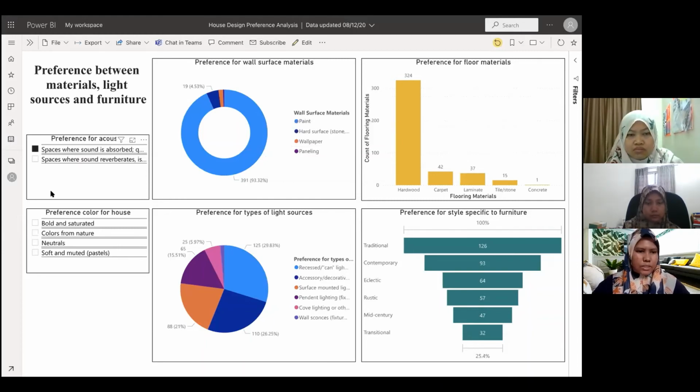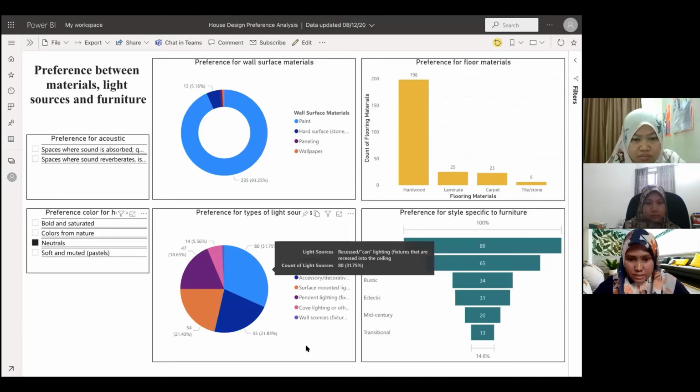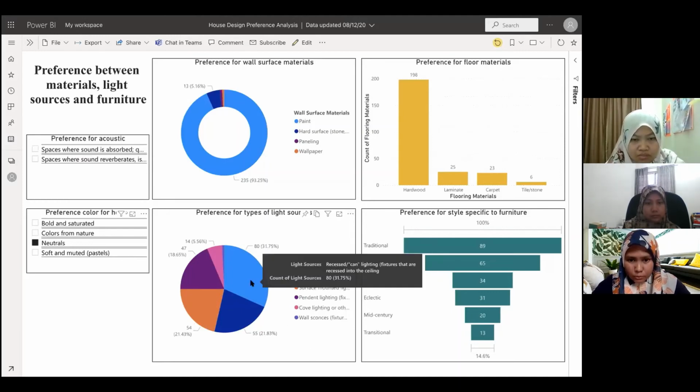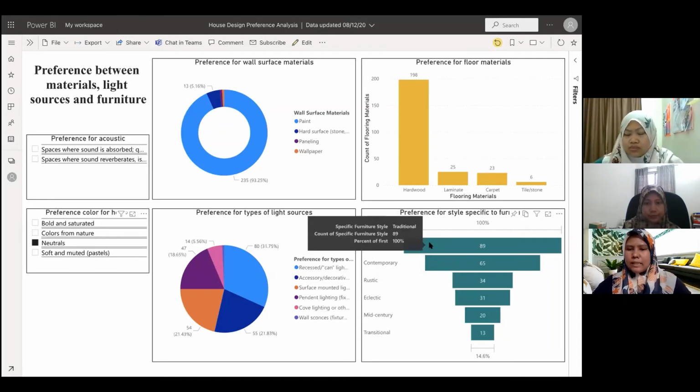For a neutral color, the most preferred type of light source is recessed can lighting, which is recessed into the ceiling. And for the preferred style for the space, 89 out of this survey preferred traditional furniture.